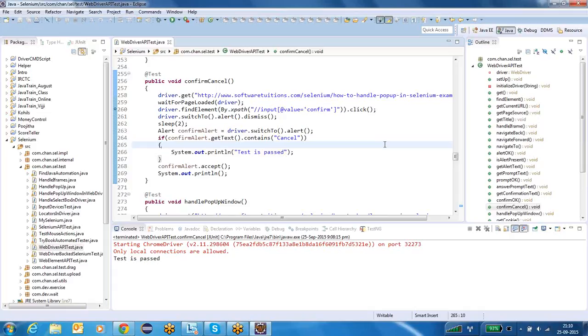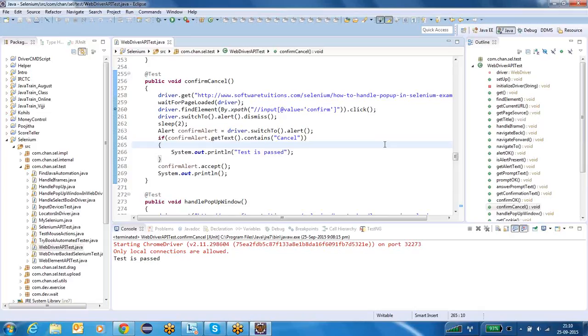You have to call driver.alert.dismiss. If you call dismiss, then it will click on cancel button of it. And if you wanna type or submit some value to the prompt box, you have to call sendKeys method on top of alert. You will call driver.alert.sendKeys and you will give some string. Then the string will be entered there.